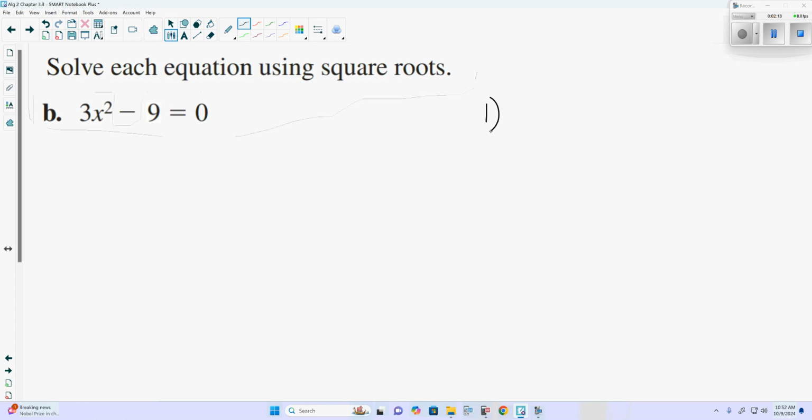The first step is to get the squared term